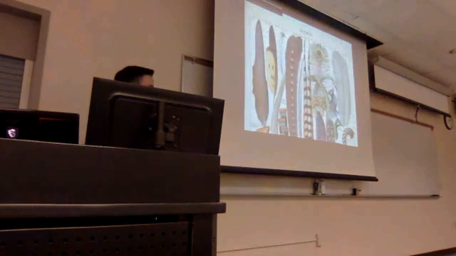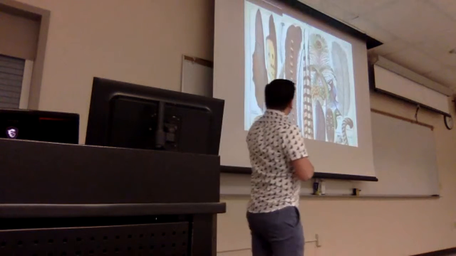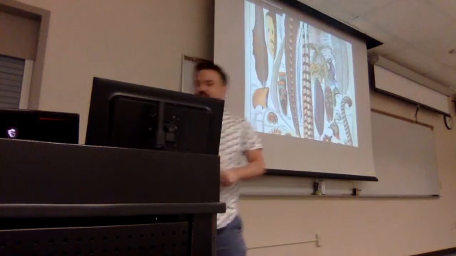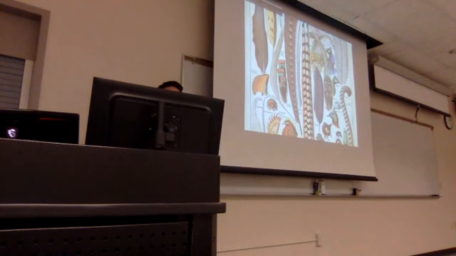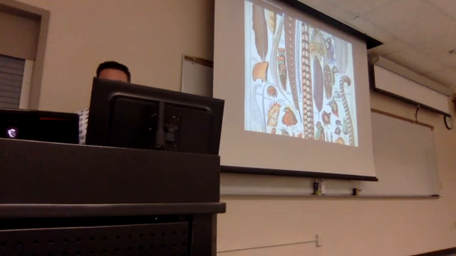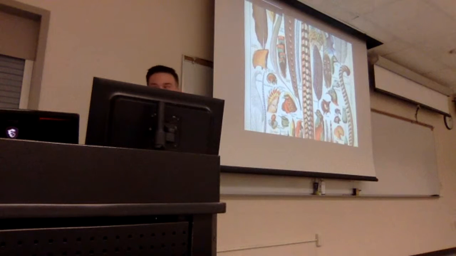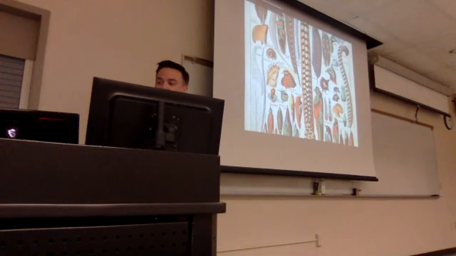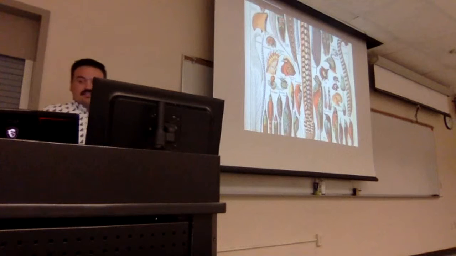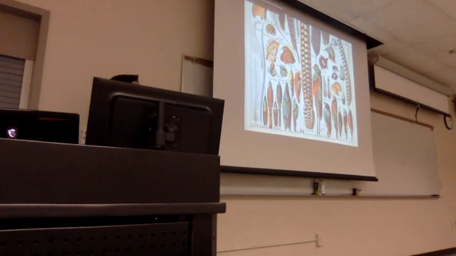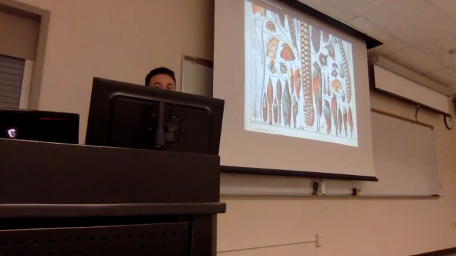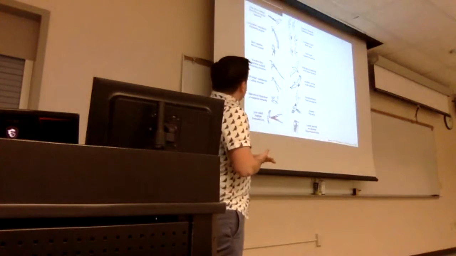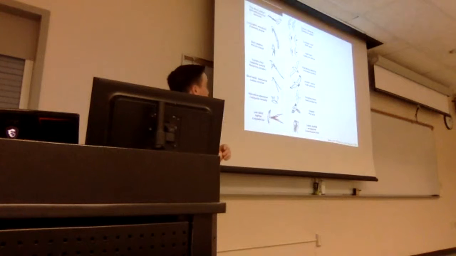So let's talk about feathers. Feathers are probably the most structurally diverse, phenotypically diverse integumentary structures in the vertebrate world. They come in all kinds of different shapes and sizes, colors, even chemical compositions. We've got feathers that have chemical compounds that are unique to certain species of birds. They vary between the species, between sexes, between locations on the body, even within a single feather follicle throughout an animal's lifetime. And perhaps the best way to illustrate the diversity here is to look at the feathers of the tail. Tail feathers are extremely diverse.